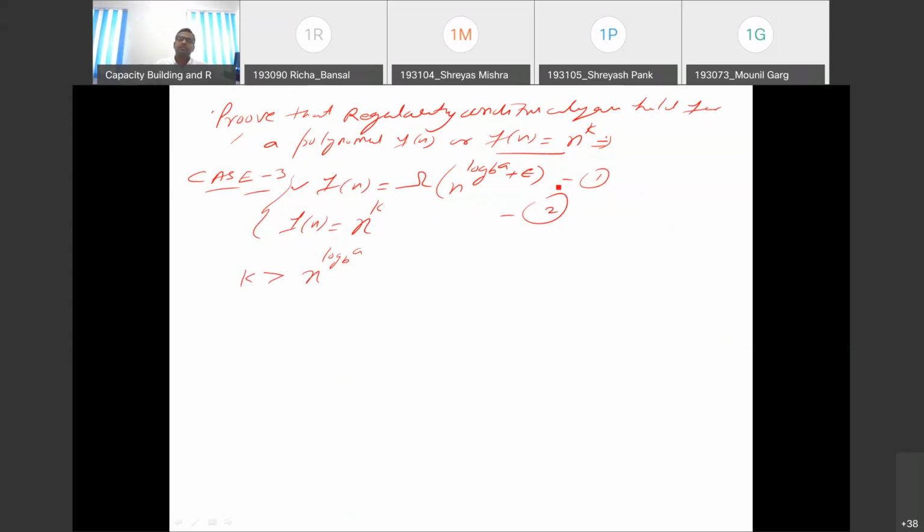Just look at equation number 1 and equation number 2. Just by summing them we can say that k is going to be greater than n raised to the power log a base b. Now raised to the power b, each side of the equation number 3, let it be 3, then we will be having b raised to the power k will be greater than, किससे होगा बड़ा ये